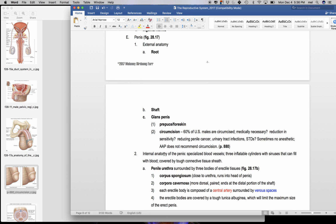So what are the potential benefits? Originally, it was a cultural sort of cleanliness practice. And then later on, it was introduced into the medical literature. And now the American Association of Pediatrics does not recommend circumcision. It doesn't seem to reduce urinary tract infections or STDs in males,